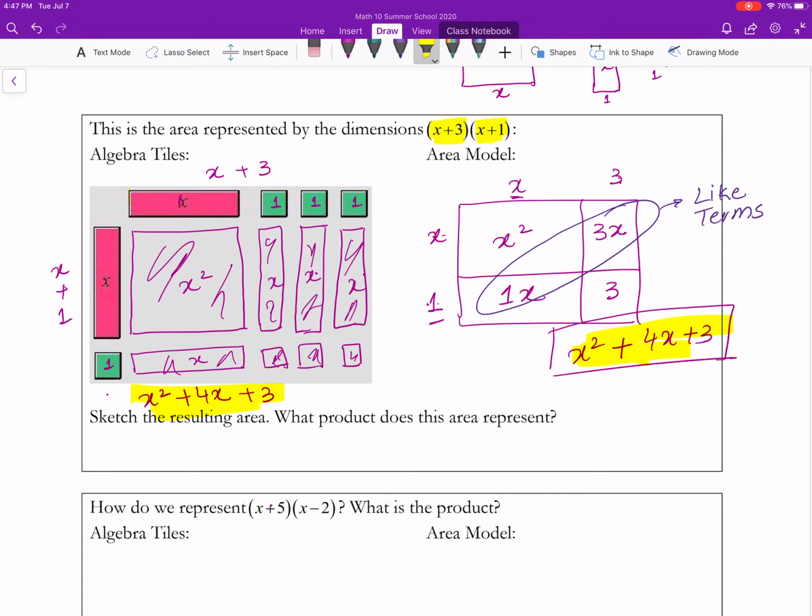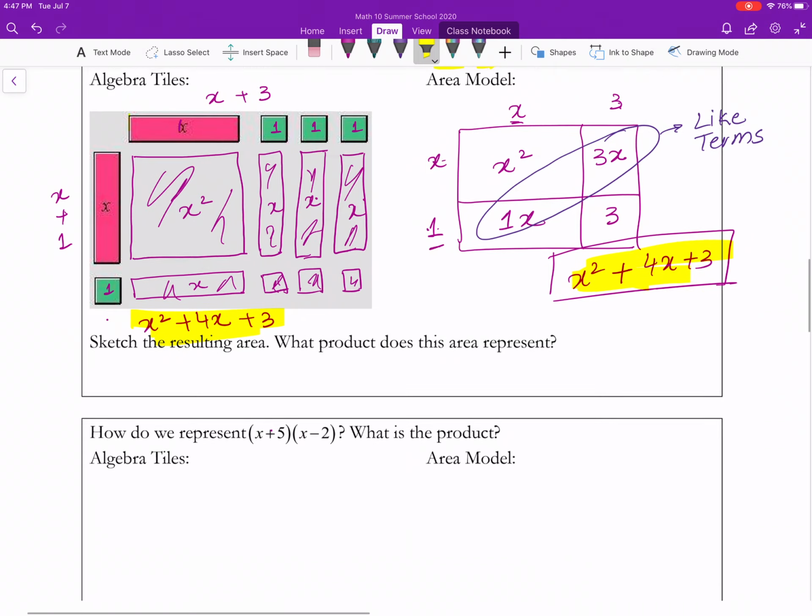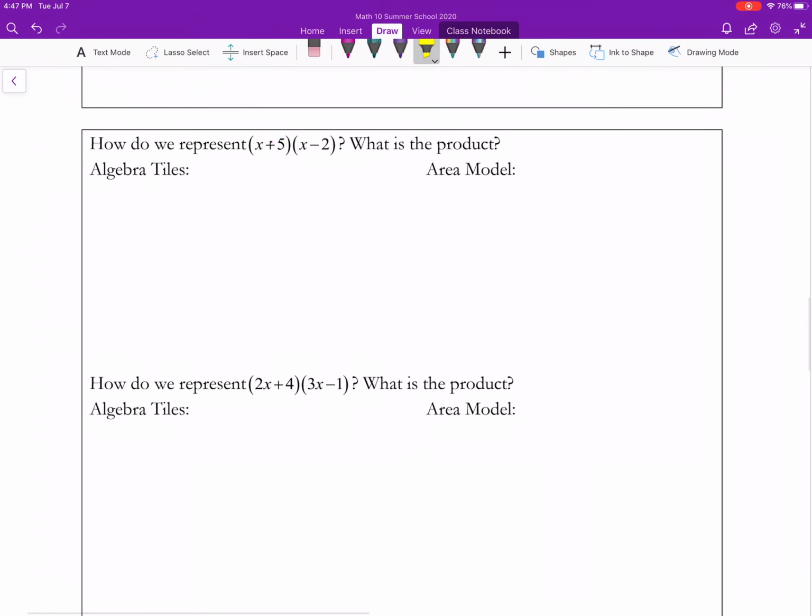Let's do one more of this type. How do we represent x plus 5 times x minus 2? I have a minus. So what is the product? And let's do it with both the ways, area model and with algebra tiles. So with algebra tiles, the way I'm going to start is,